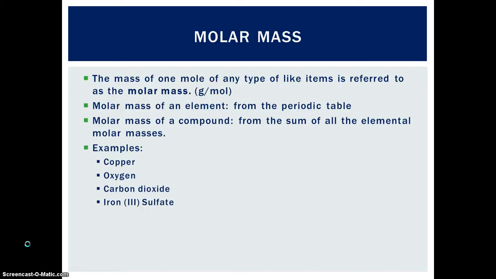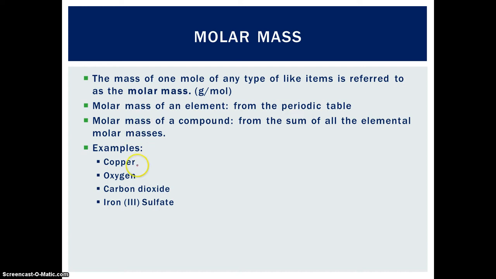The first idea we need to define related to this is molar mass. It's the mass of 1 mole of any type of items. So the molar mass of an element is just the mass of the element you find on the periodic table. And the molar mass of a compound is a sum of all the elemental molar masses. So if we take a look at our periodic table, we can come up with the molar mass for all of these